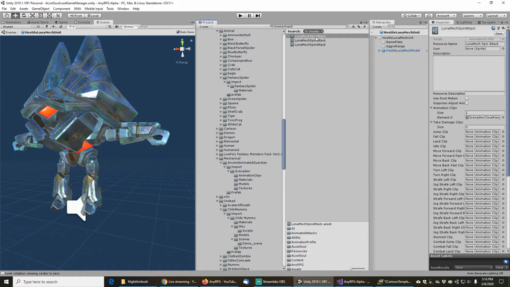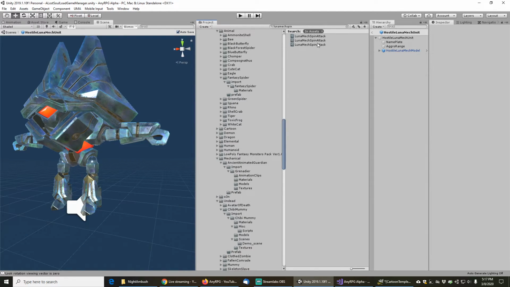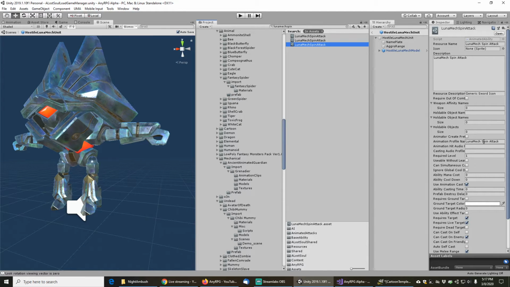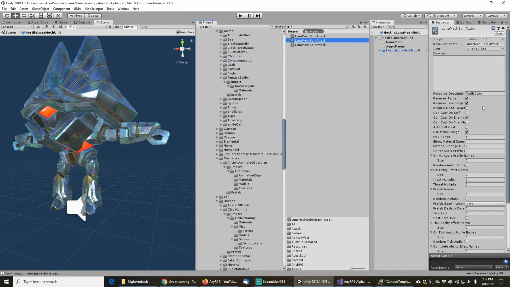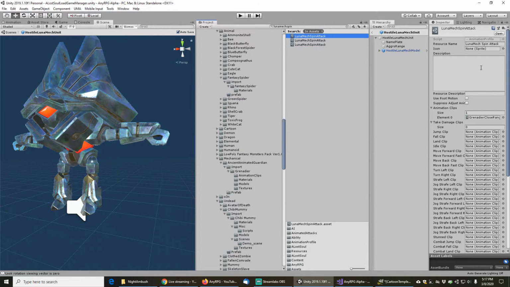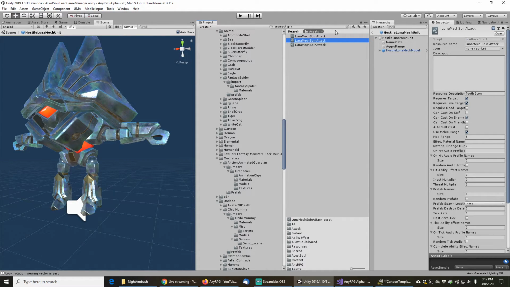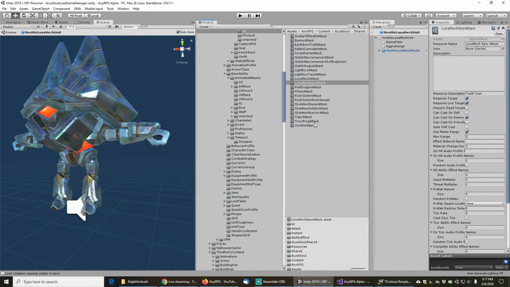And then let's just make sure that those are all hooked up properly. So we start with the animated ability. It does Lunamech spin attack ability effect, perfect. And these are both called Lunamech spin attack animation profile and effect. Good, so now we have two of his moves, and we need the third move, which is going to be